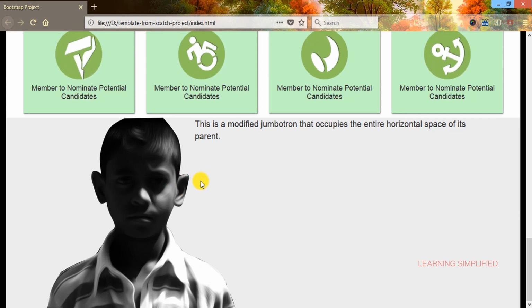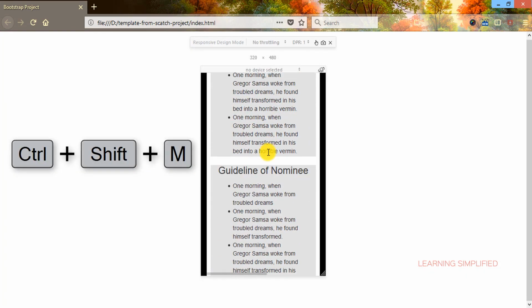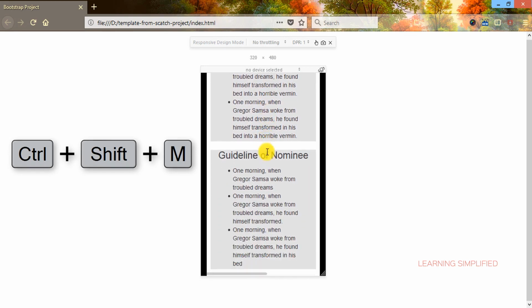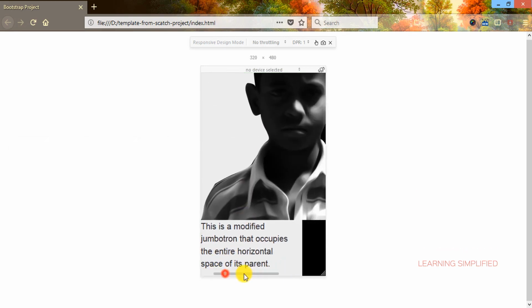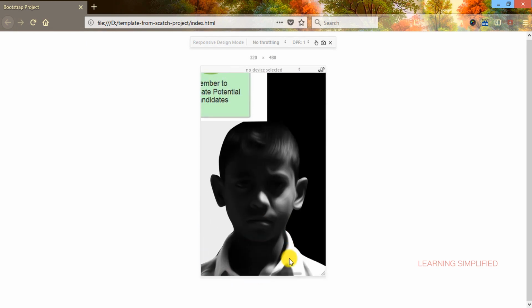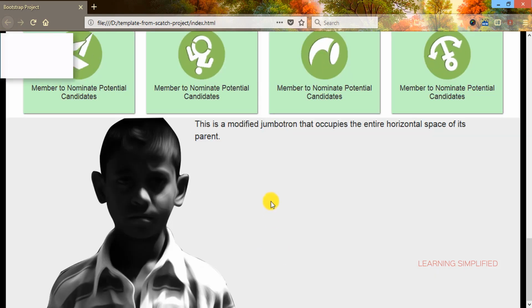It is practically enormous, very big, and if we look at it the other way, if we press Ctrl Shift M and get back to our mobile responsiveness view, we can see that this image is practically too big to fit into this device width. So this is an error, and that is what we need to rectify here.